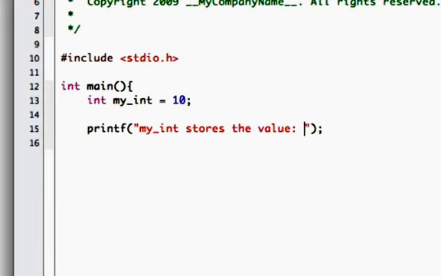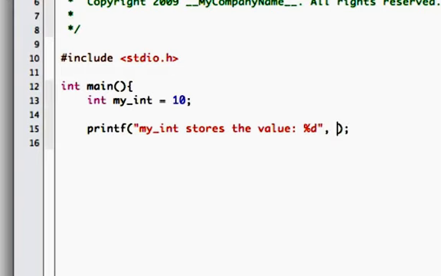So to let printf know that we want to plug in a variable here in the quotes, we're going to use a % or modulo followed by a specific letter depending on what kind of variable we're printing. So for integers, you can use %d, and that tells printf that you're about to give it an integer variable. So depending on how many of these specific tokens you use, you'll have a different amount of arguments in your function call. So we have my_int stores the value colon %d followed by the ending of the quotation marks